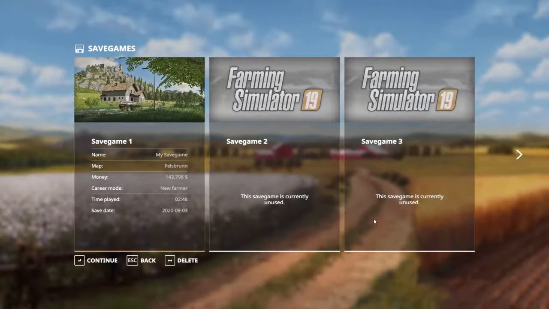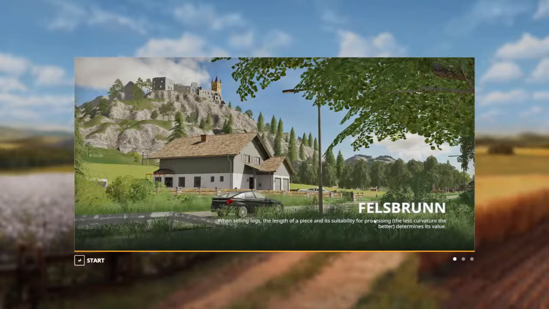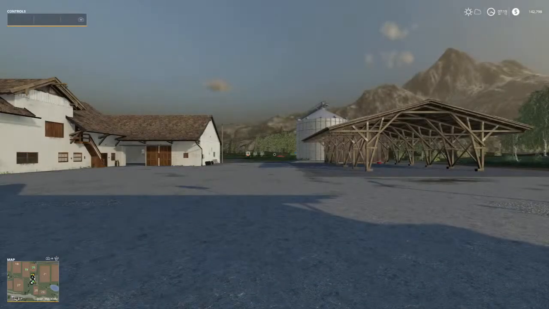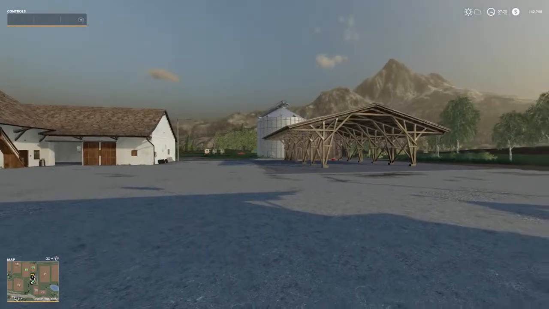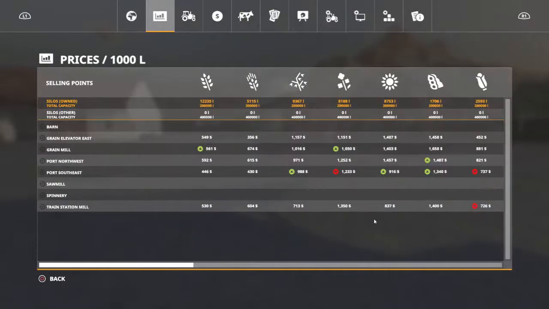Okay, so when we left off last time, I was talking about taking all the stuff you have already in your silos and selling them at the highest sell point that was fairly close to you, so you're not traveling 20 minutes to sell something. So off stream I went ahead and sold off some of my